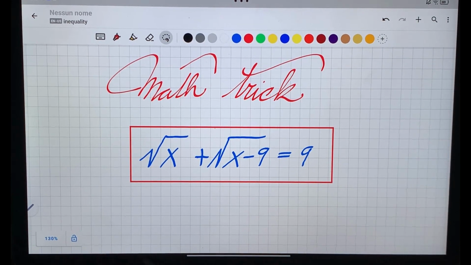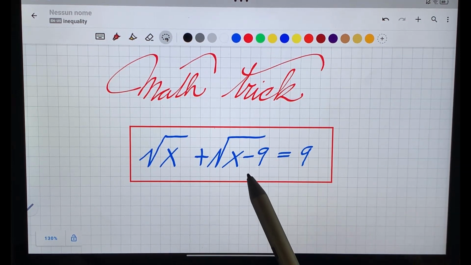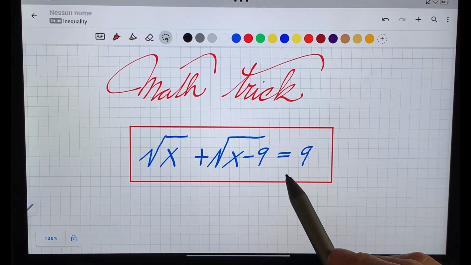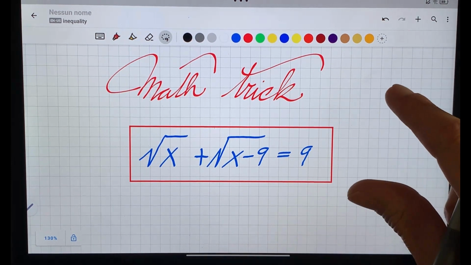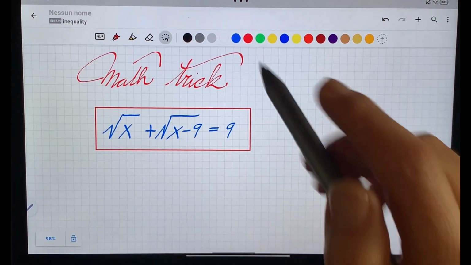Today we will solve this interesting equation: square root of x plus square root of x minus 9 equals 9. Now, to solve this equation we will use two different methods. First method,